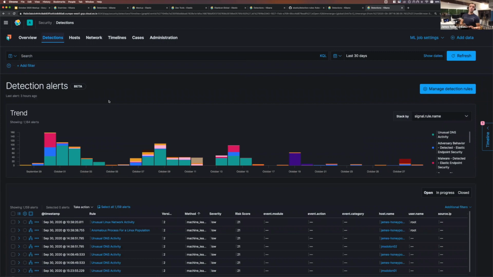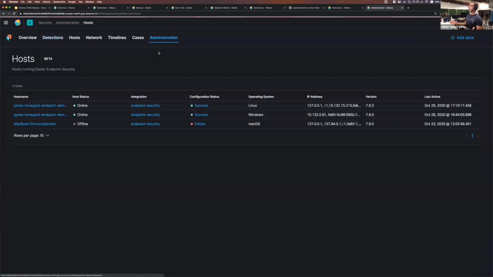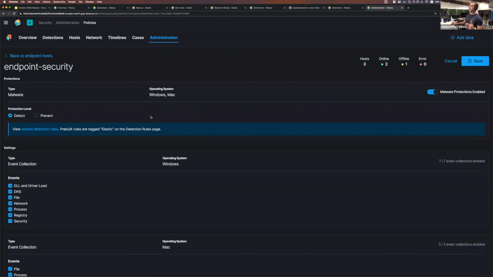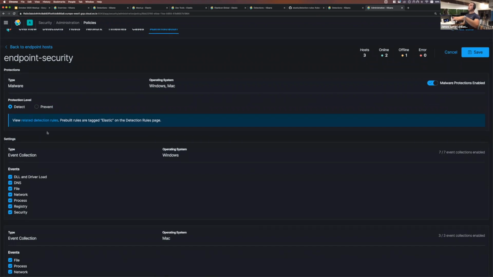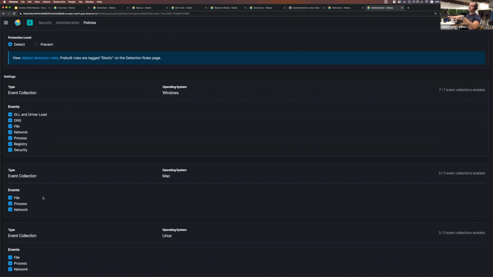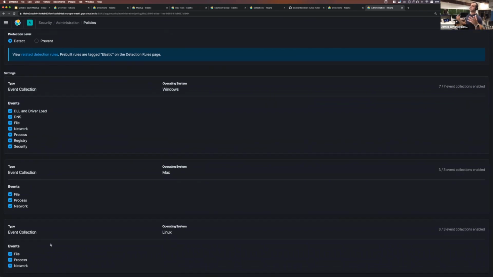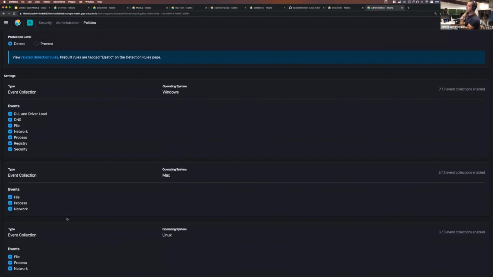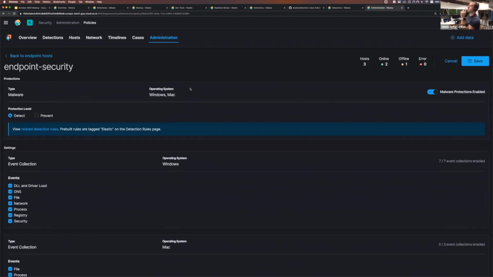How did I set up that policy for my endpoint for the malware detections and that sort of thing? So you can see this administration tab. It's there to do just that. So I have 2 endpoints active right now. So you can see that Windows one, which was involved. So this is my policy. So very, very easy. We had malware detection on. I'm collecting these Windows events. I'm collecting these Linux events. I'm collecting these macOS events. Just tick, done, set everything from here. Really, really simple. You can, of course, have multiple policies. You can do to your heart's content. There's no real limitation there.